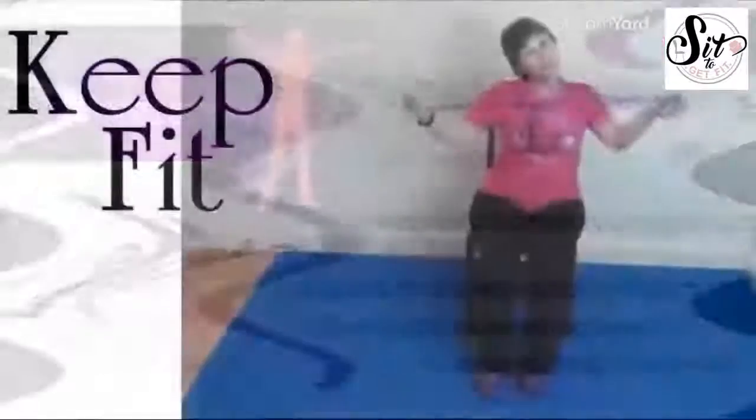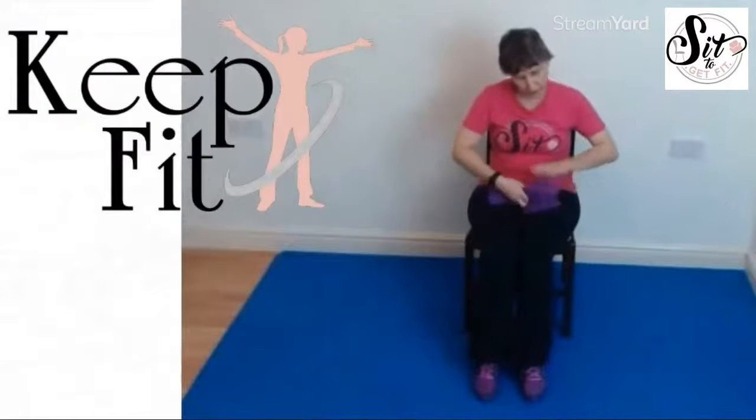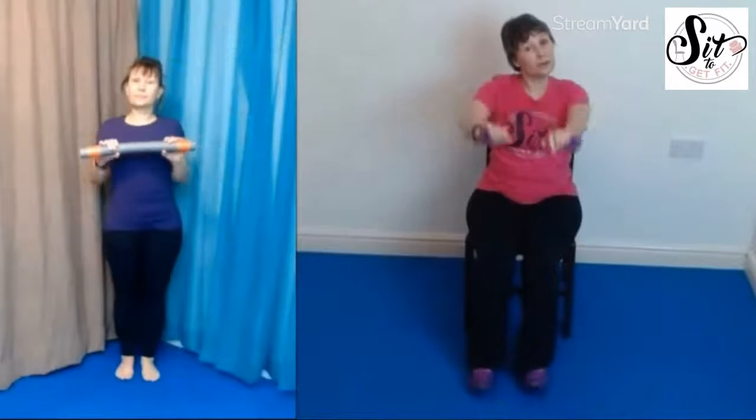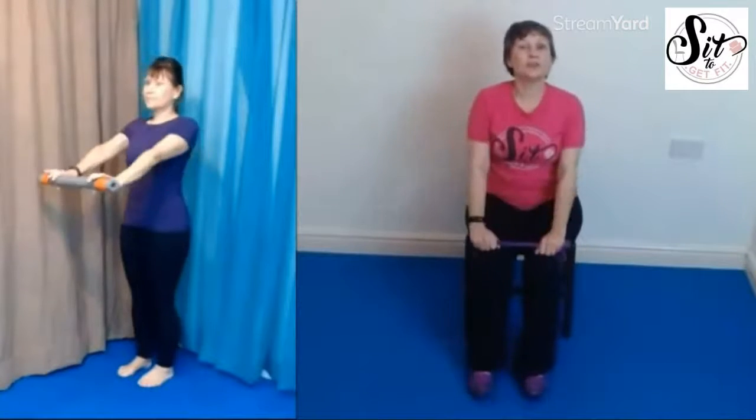It's a baton workout. If you don't have a baton, you can use a wooden spoon, a rolling pin or a scarf. Twisted. Keep a little tension if you're using a scarf. Just sliding the hands along the thighs to start with. If you're using a scarf,